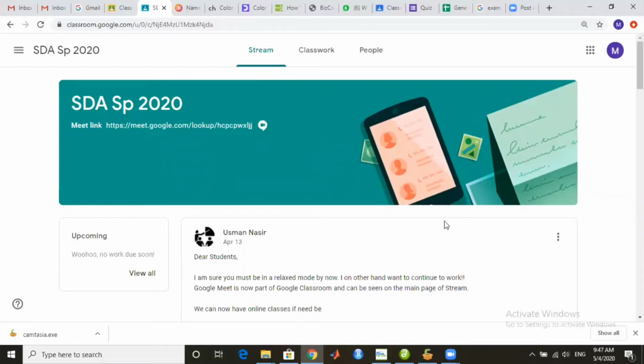In the classwork section, all the material, that is the files, quizzes, assignments, your submissions, and your responses to the files appear in the classwork section. The stream section and the classwork section are different in the sense that in the stream section the teacher can make announcements, and if the teacher allows you, then the student can also make a new comment or comment on an already existing post.